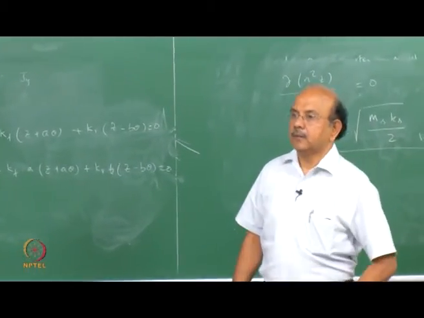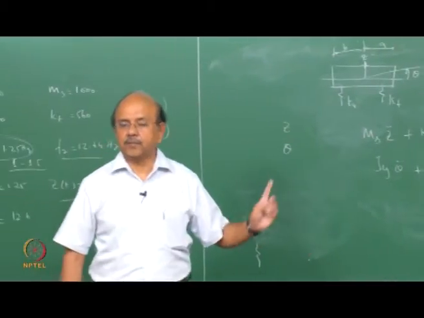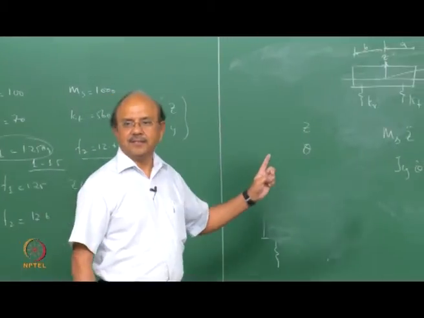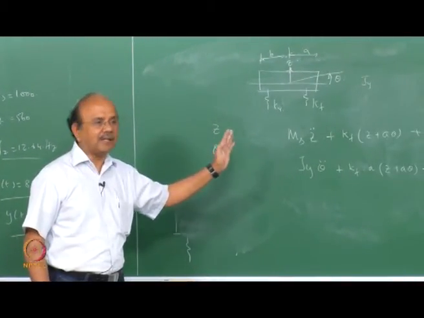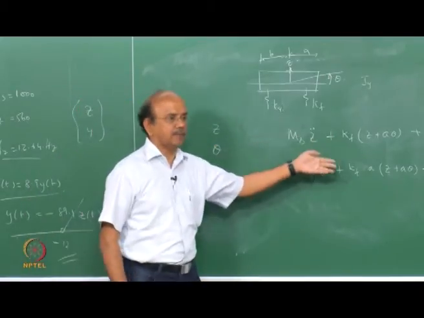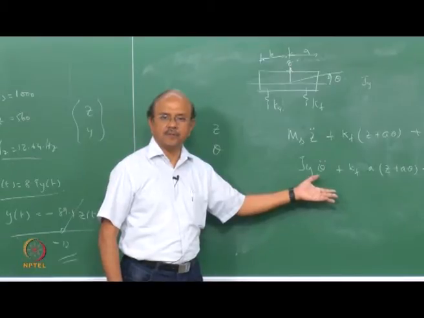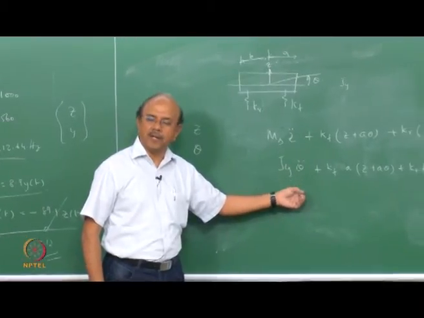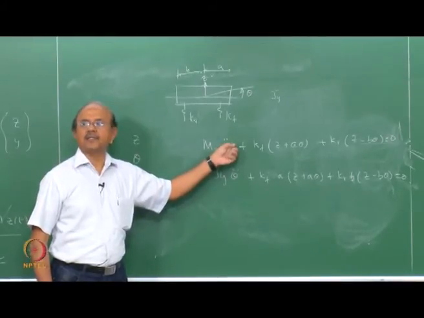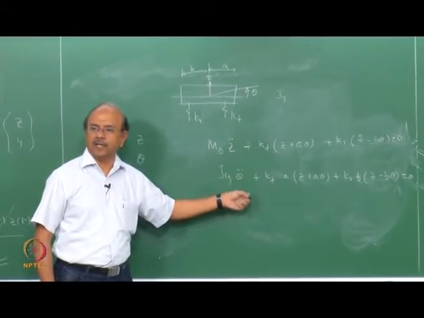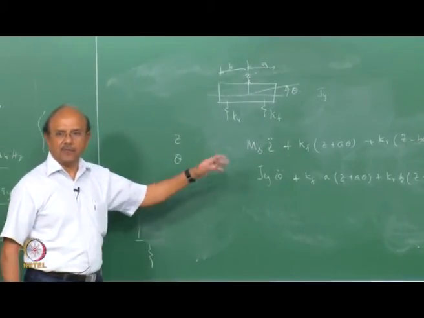Okay. Now, look at that equation. Because the equations are coupled, unless I have a special condition, they are coupled. Rewrite it, and you will see that both these equations are coupled equations. So what is meant by a coupled equation? It simply means that Z will have an effect on theta, and theta will have an effect on Z, and so on. There is only one condition under which I can uncouple it.